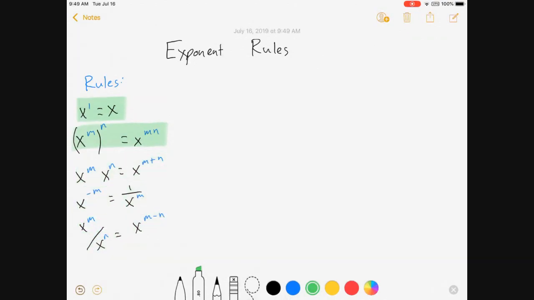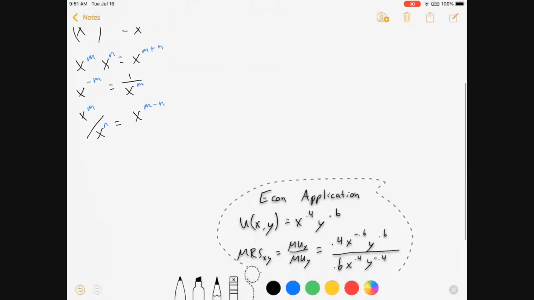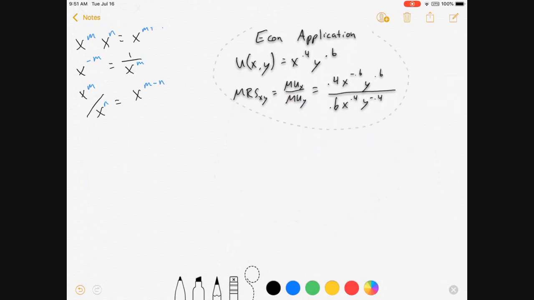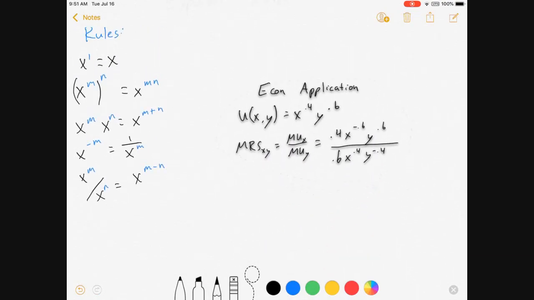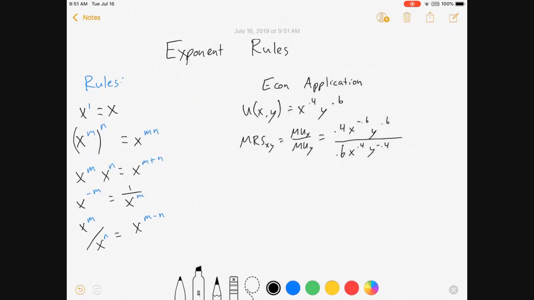I'm going to use an econ example to show how we can use a few of these. And you'll have to think of your own reasons to do some of the other ones first. So hang on just a sec, let me go and get my economic application, and here it is. I've got a utility function. Now you don't need to know much about what this is saying. We're just going to do some algebra here, but for those of you who do care, here's a utility function,